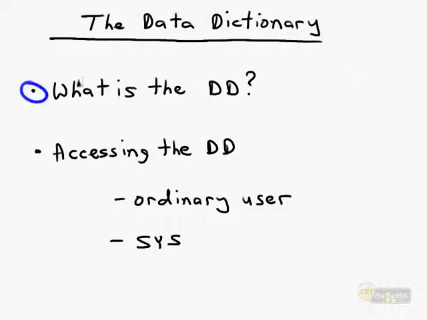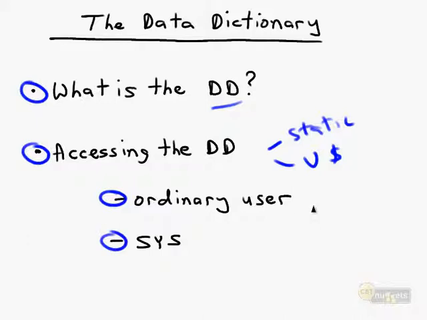So at this point, you should understand what the data dictionary is, how it's laid out, and how to access the data dictionary, both our static views as well as our dynamic performance views, as an ordinary user, and how that level of access to the data dictionary is different from access by the data dictionary owner, namely sys